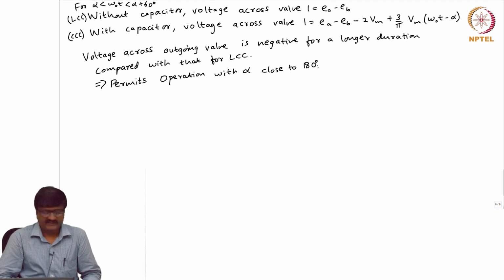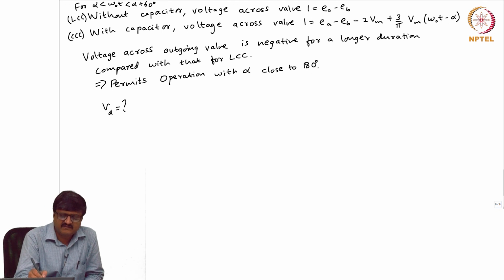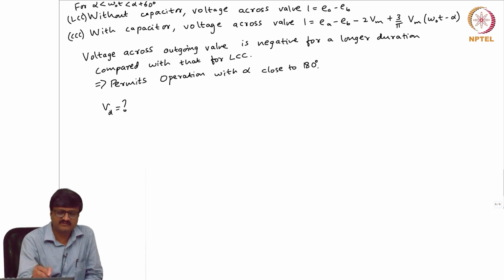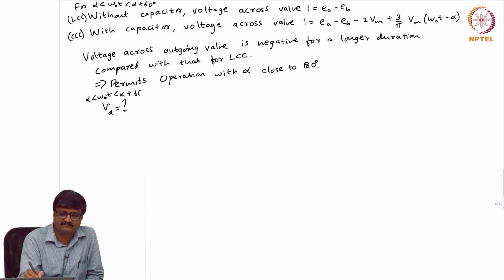We have the expressions for Vb, and of course, from that I can get the expressions for Va and Vc. Can I get the expression for DC side voltage Vd, and from that get the expression for the average Vd? What is the instantaneous Vd? First of all, one has to note the minimum possible time period of Vd: 60 degrees. So if I can get Vd for any interval, say alpha to alpha plus 60, then from that I can get the average value of Vd.